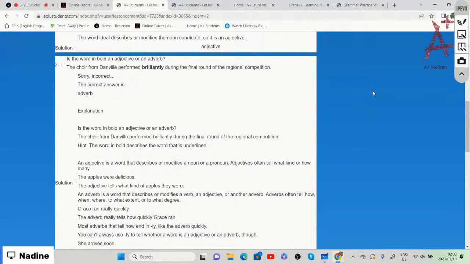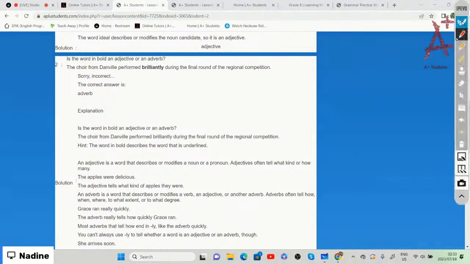The choir from Danville performed brilliantly, right? We are basically describing or explaining how they performed. They performed brilliantly. So if they performed brilliantly, we can say that it is an adverb